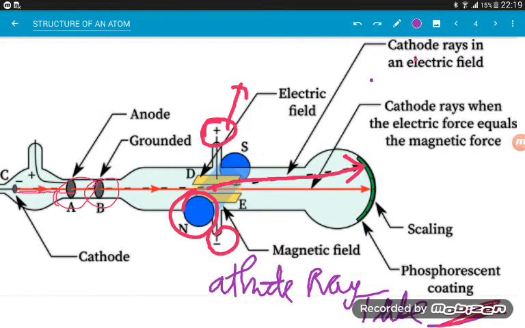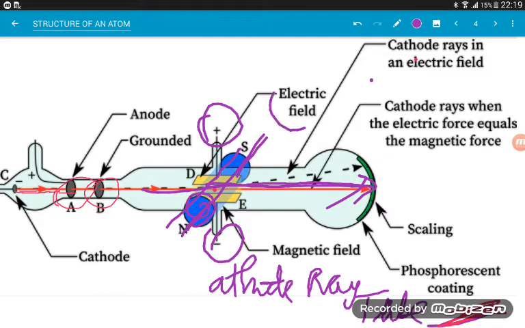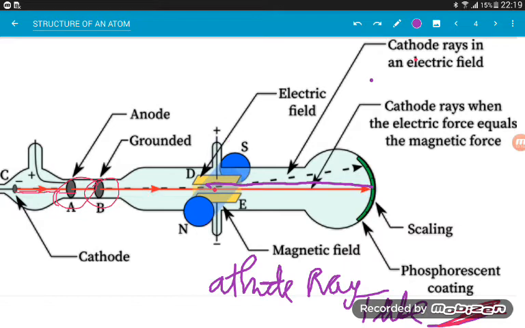So in this diagram, let me clear this off for you guys, right? Now I hope that you understood why this flow of electrons goes straight through the same line. The main reason is because we have managed to keep both of these balanced. So the point that needs to be remembered in this particular case is that the magnetic field and the electric field should be mutually perpendicular to each other, right? Okay, they must be mutually perpendicular to each other.